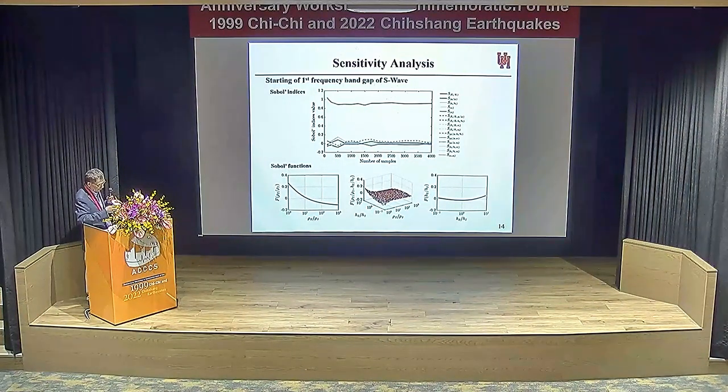We already did the test. We want to find out which variable controls the design for the metamaterial. We did the so-called sensitivity analysis. We go by Sobol indices. As you can see, what we found is that density ratio played the most significant